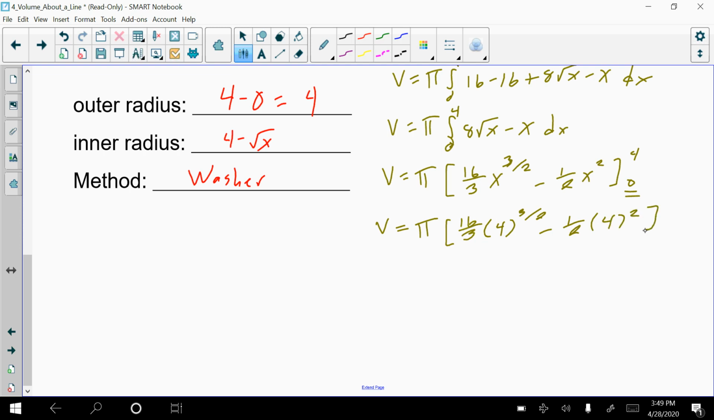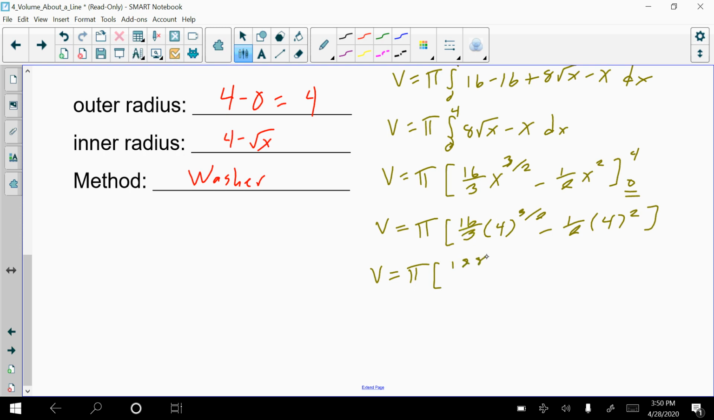And if you want to, you can say minus the 0 to show that when you substitute the 0 for your fundamental theorem, the lower bound is just going to make everything become 0. It just drops off to nothing. And here, just perform the individual arithmetic inside of the parentheses. 16 thirds times 4 to the 1.5 power is going to simplify to be